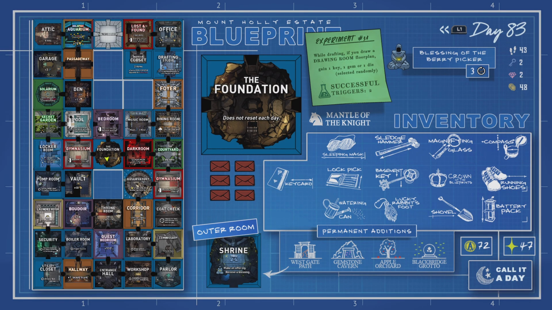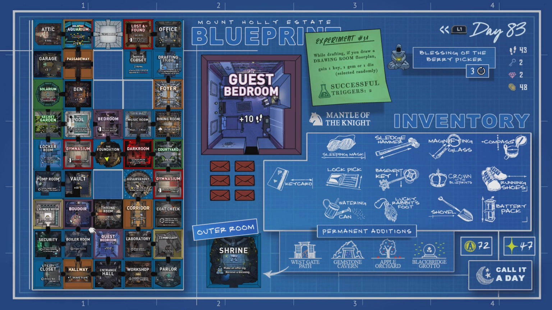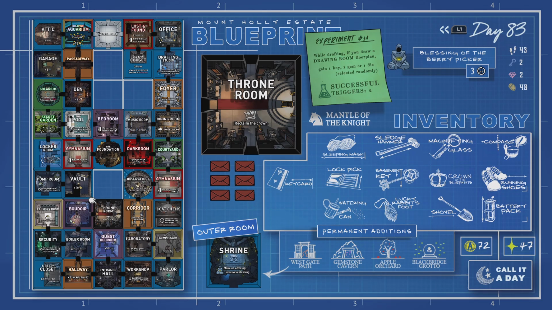Started. This will hopefully be a bit of a short one. Not that much left to do at this point. I think this throne room can take me up into this room. All right, let's go up to the garage